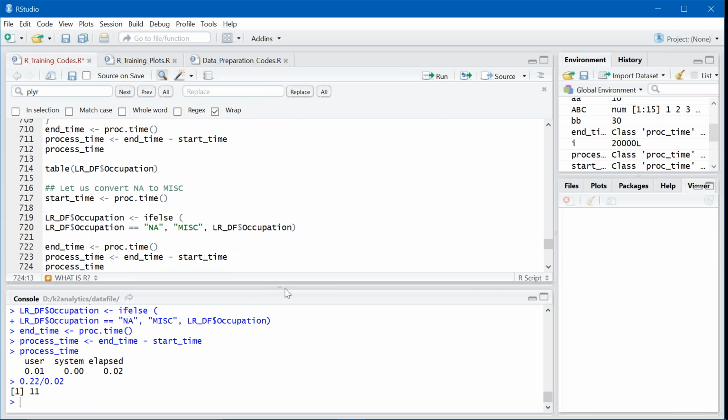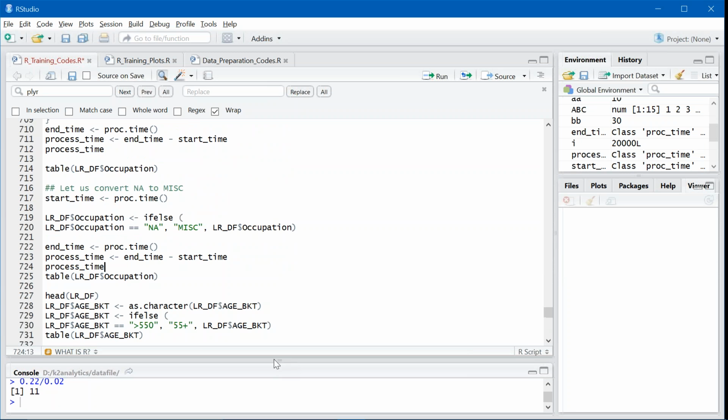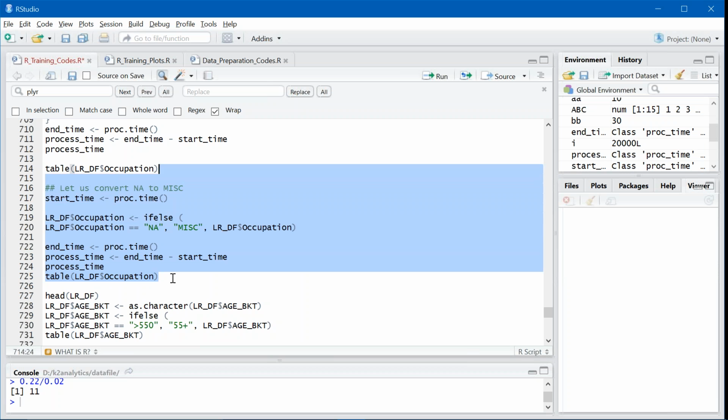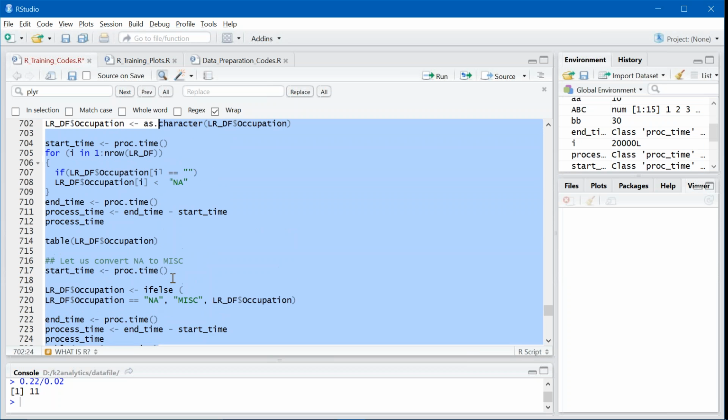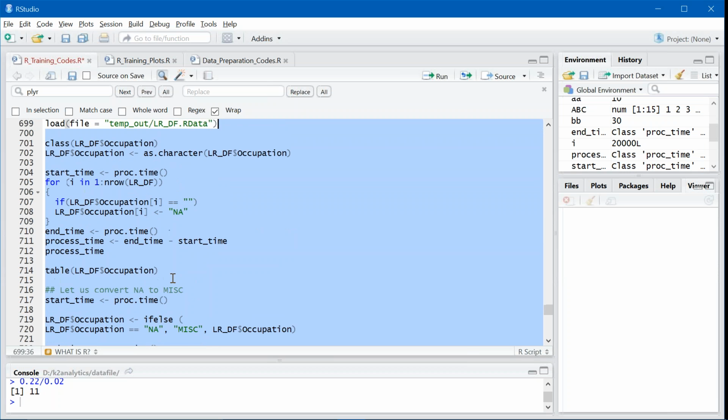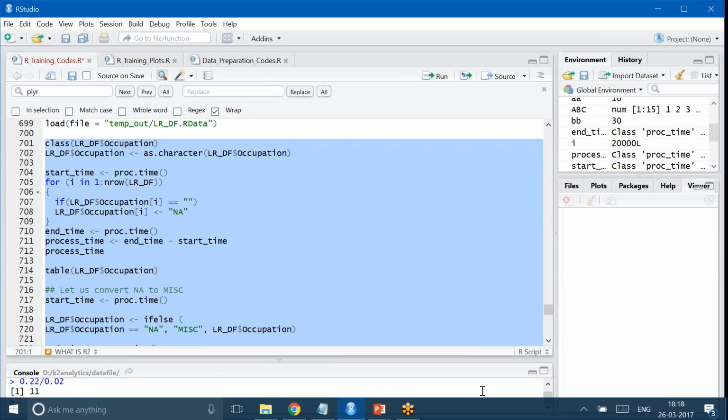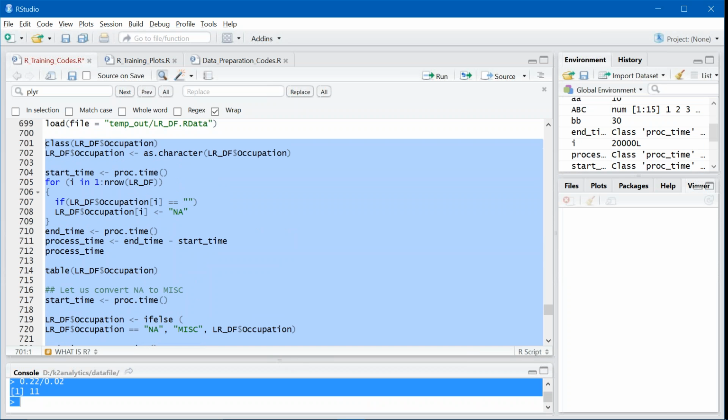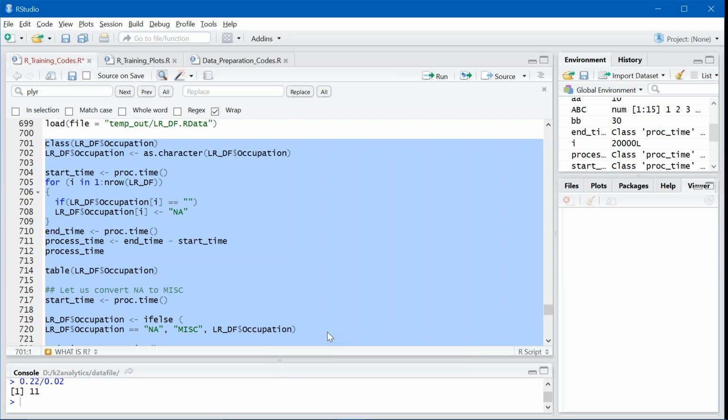So these are the syntaxes that you have to now try. I'll just highlight them. First, check the class. After having checked the class,